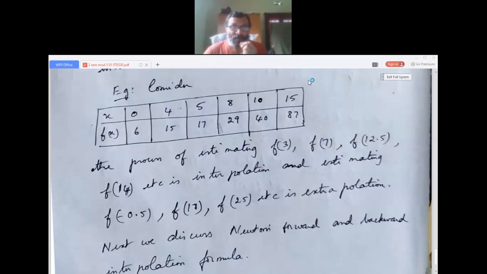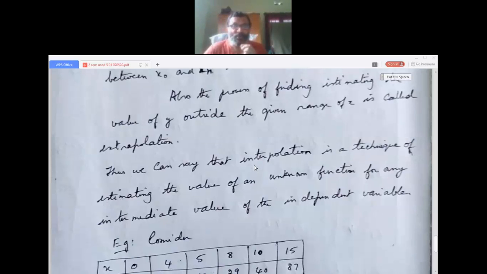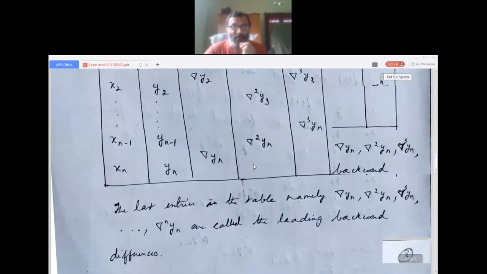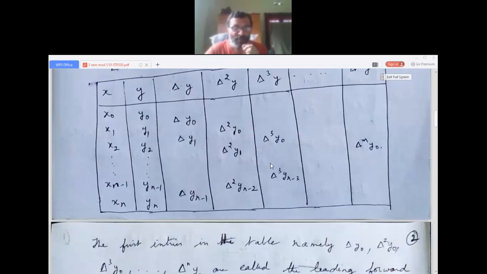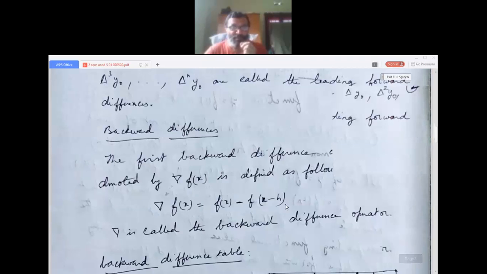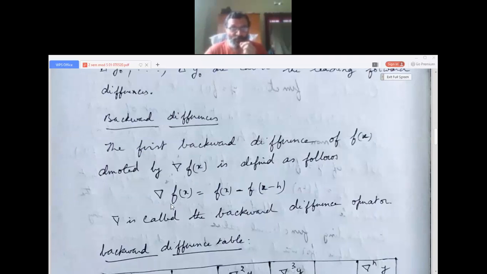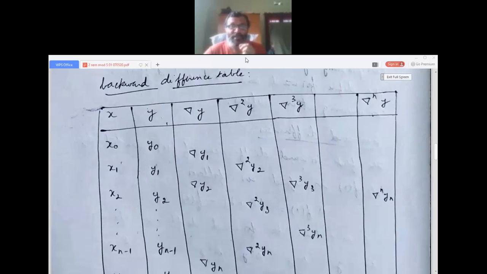Is it clear? So now, in today's session, I would like to summarize. We started with module 5, which is numerical methods, a lot of calculator work, so you should have a calculator. First we studied what is the forward difference: del f of x is f of x plus h minus f of x, and then how to form the table of forward difference. Then we saw the backward difference. The symbol is the reverse of the triangle, f of x minus f of x minus h. This is called the backward difference operator. Then we studied how to form its table.